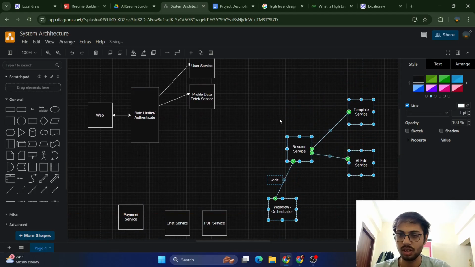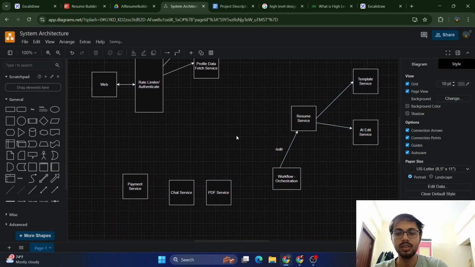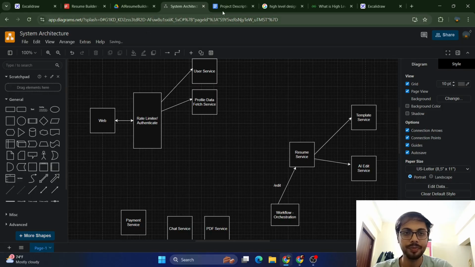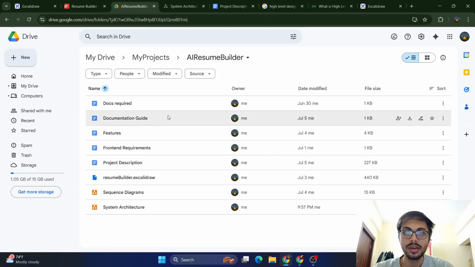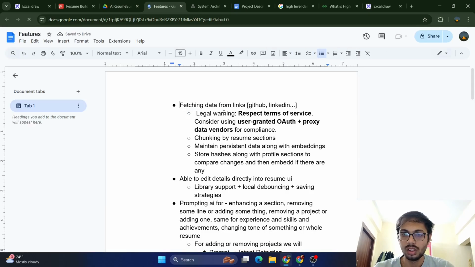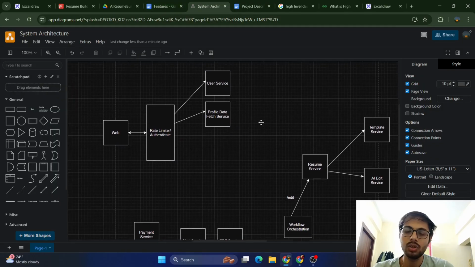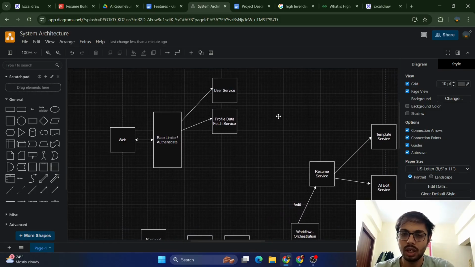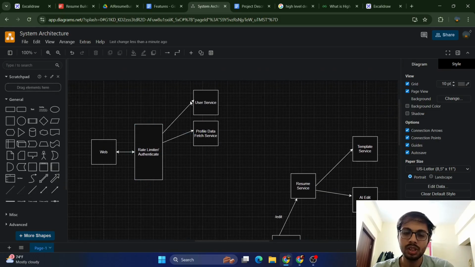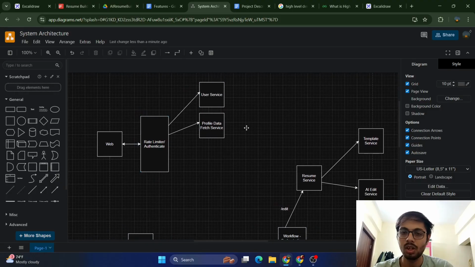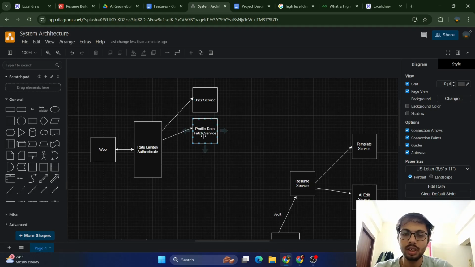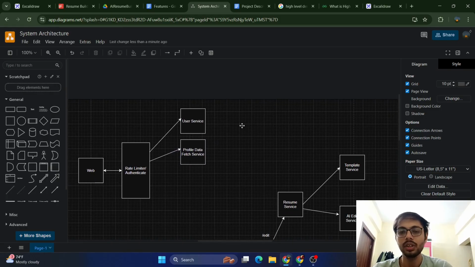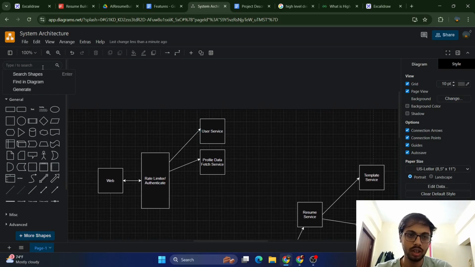Not sure though. उसके अलावा let's go through some features maybe, कि हम लोग किस तरीके से फीचर्स रखने वाले हैं। तो अगर हमको फेच डेटा फ्रॉम लिंक्स, तो ये होगा दो केस में, या तो हम खुद से करेंगे और या फिर यूज़र करवाएगा। तो let's suppose कि हम खुद से कर रहे हैं, तो ऐसे में तब होगा जब हम यूज़र सर्विस में रजिस्ट्रेशन कर देंगे, उसके बाद में फर्स्ट टाइम में आएगा, तो उसमें सीधा कॉल होगा प्रोफाइल डेटा फेच। ये ऐसे में हम प्रोफाइल डेटा फेच सर्विस डायरेक्टली कॉल करेंगे, और हम एक क्यू रखेंगे, पीरियोडिक क्यू, जो कि इसको कॉल करेगी।